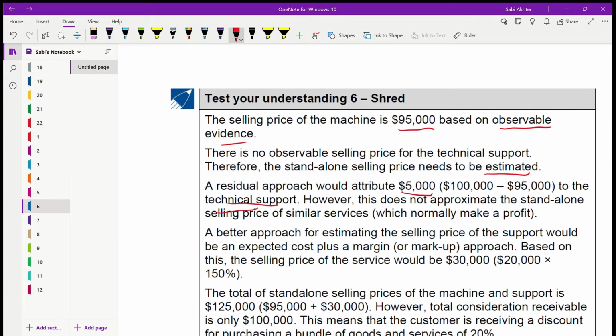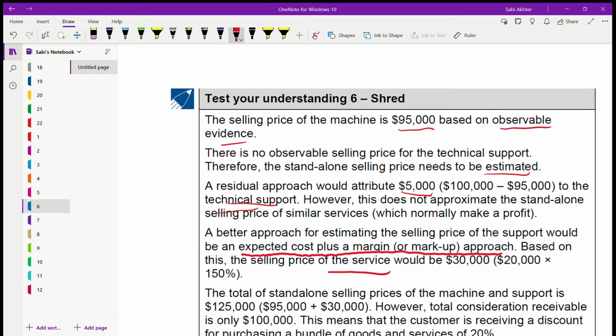However, this does not approximate the standalone selling price of similar services, which normally make a profit. If you compare it with other similar services, their standalone selling price is not close to 5,000 because they are making a profit. So this is not a good approach, the residual approach. A better approach for estimating the selling price of the technical support would be expected cost plus a margin, a markup approach. Based on this, the selling price of the service would be